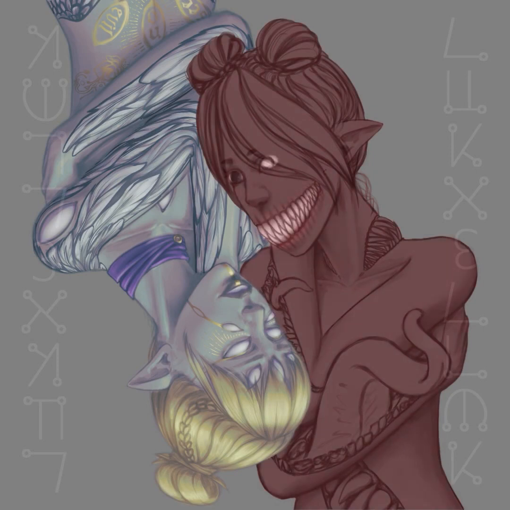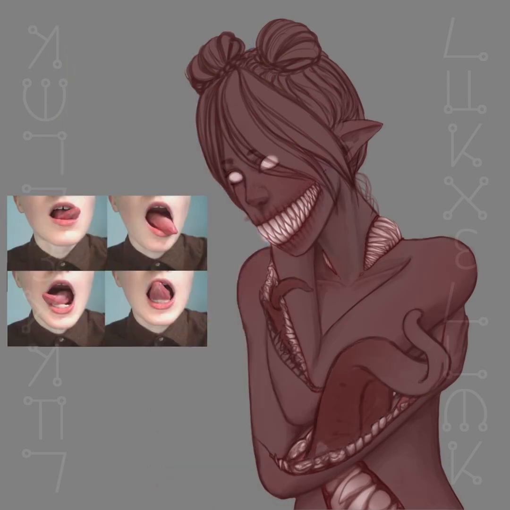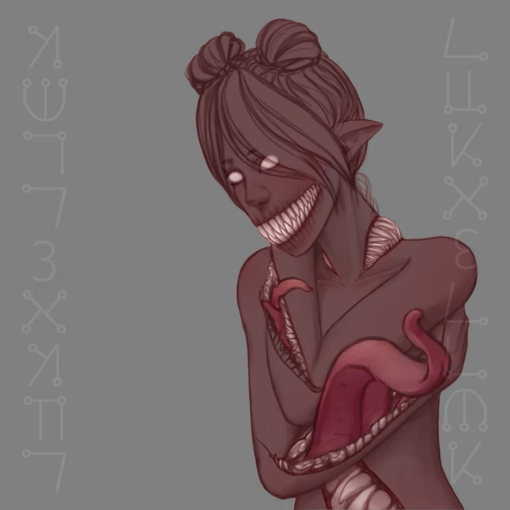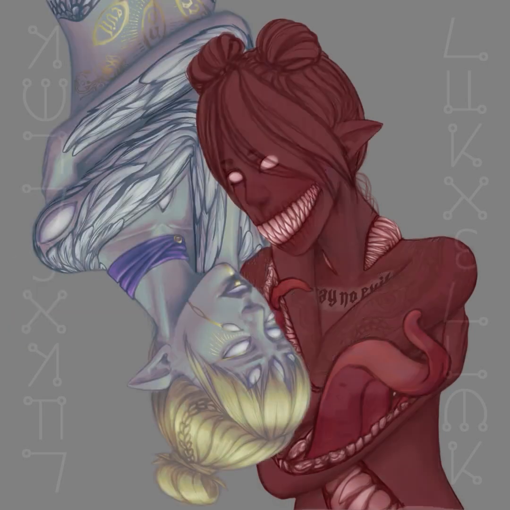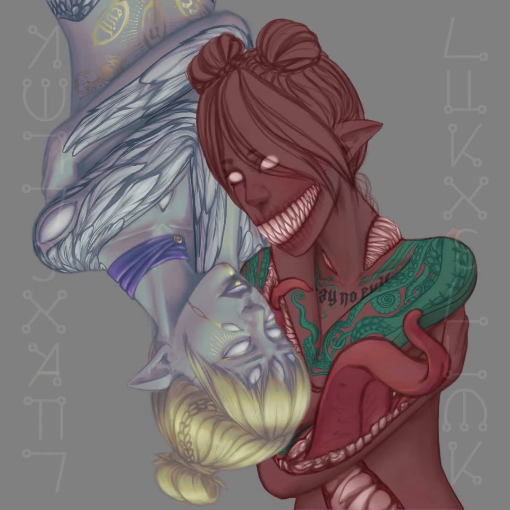I kinda imagine her as this rich kid who has everything and is bored of it, but can't do anything rebellious because that will taint her family's image. Speaking of colors, they are obviously contrasting as much as possible, yet I avoided using pure black or white throughout the process. For the angelic girl, I used cold colors contrasted by warm purple and golden face paint to make her feel like a living marble statue. She is something you feel like you can touch, while the other girl is something you don't want to.